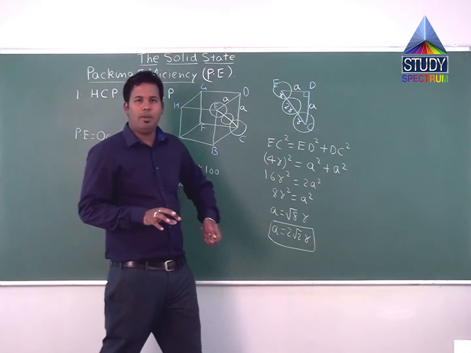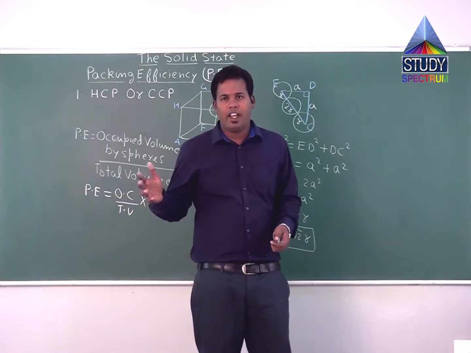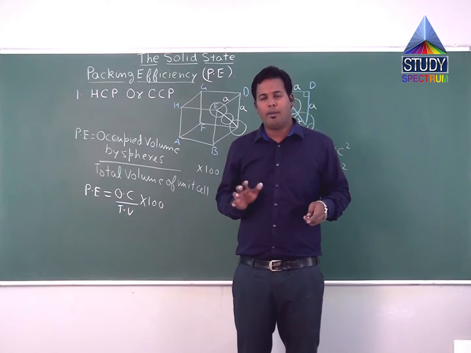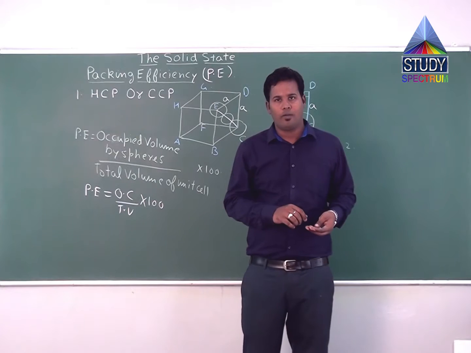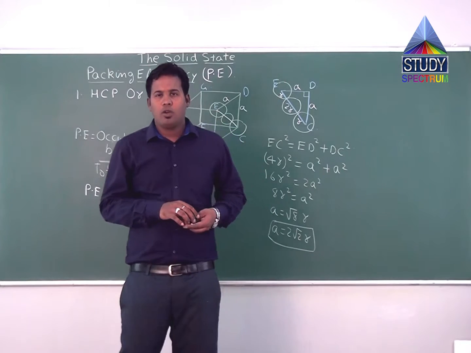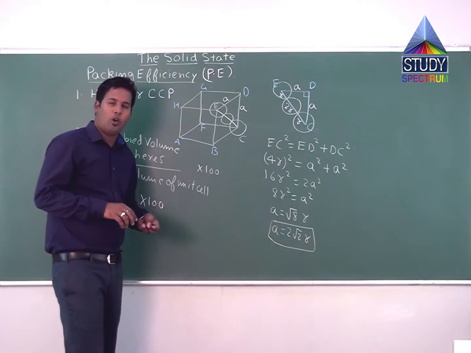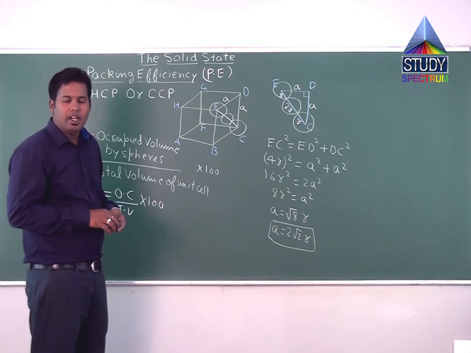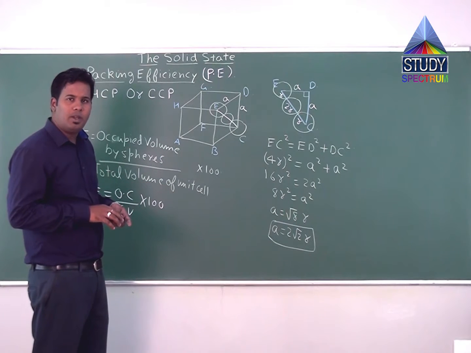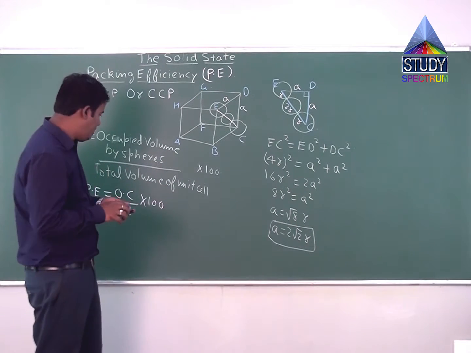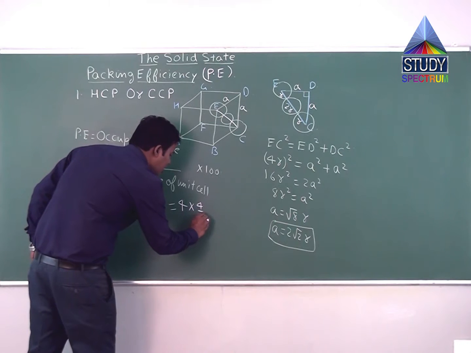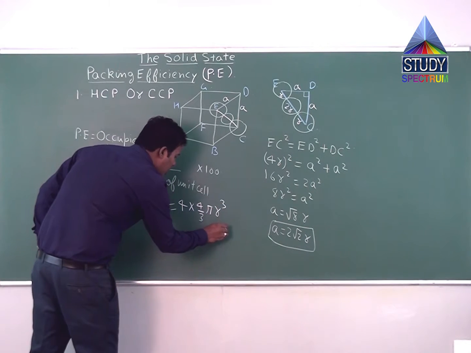Now what is the occupied volume? Now as we know, in HCP or CCP, that is almost like face centered cubic unit cell, has 4 atoms in it or 4 spheres in it. Effective number of spheres in this type of unit cell is 4. Now the volume of one sphere is 4 by 3 pi r cube. I'm sure you have heard about that in mensuration in lower standards. Volume of a sphere is 4 by 3 pi r cube. Now since there are 4 spheres inside this particular cube, HCP or CCP, the total occupied volume will be nothing but 4 into 4 by 3 pi r cube upon